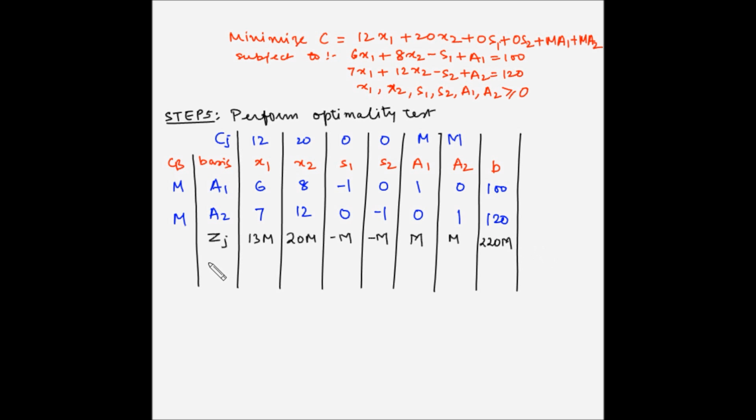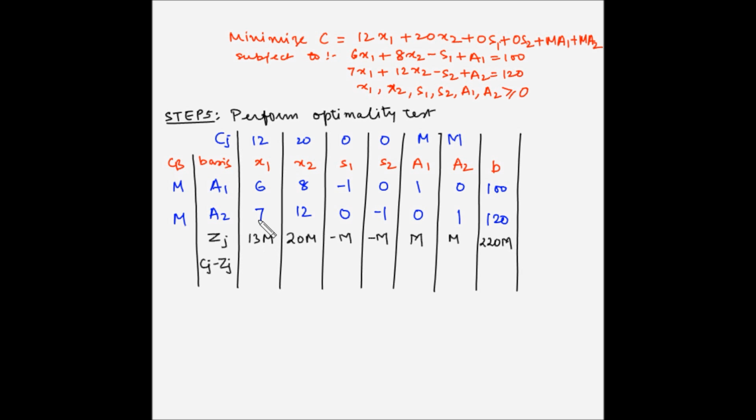So next we have to add another row called Cj minus Zj. Now here, as we know, the Cj row values represent the increase in cost if 1 unit of that column is introduced in the solution, while the Zj row represents the decrease in cost if 1 unit of that column is introduced in the solution. So Cj minus Zj value will bring the net change in the cost if 1 unit is introduced in the